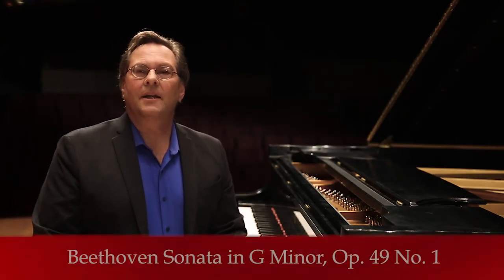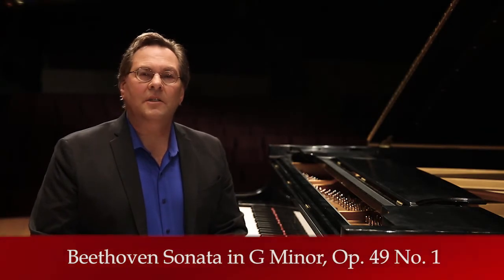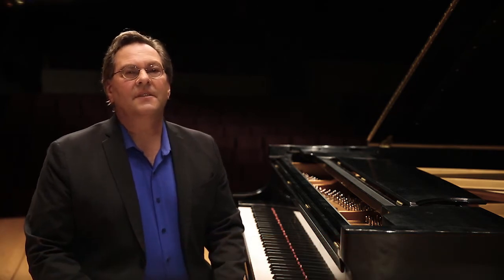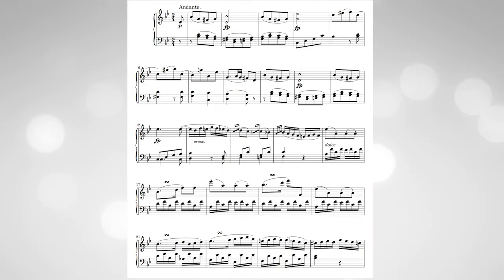Despite the middle period opus number, the Sonata in G minor, opus 49, number 1, was completed in 1798, but not published until 1805. This sonata is as close as we get to Beethoven pedagogy. Many of the elements of Beethoven's persona are present, but there are no advanced technical demands. The first movement of the piece is a perfect miniature sonata form, an ideal work to study before the more